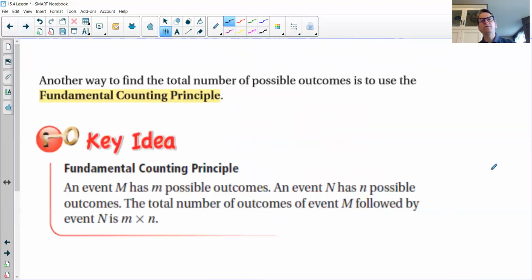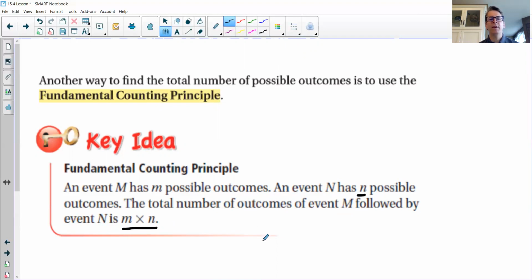Okay, so this brings us to our key idea today. It's called the fundamental counting principle. Another way to find the total number of possible outcomes is to use the fundamental counting principle. What that says is that if you have an event M that has M possible outcomes and an event N that has N possible outcomes,